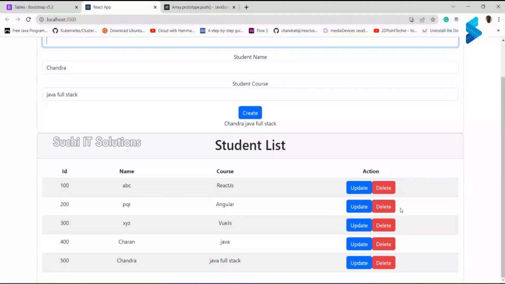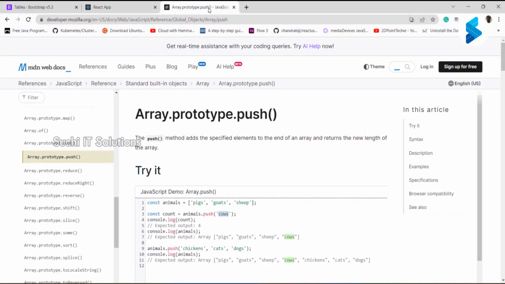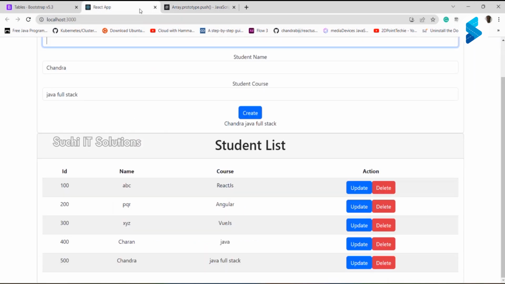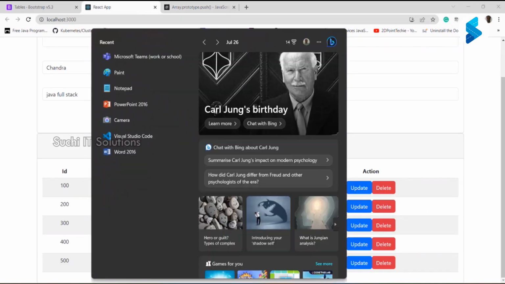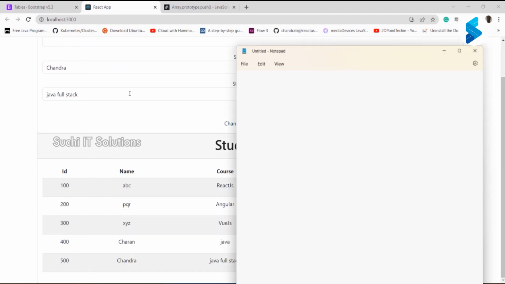Array level element I need to delete. That is the purpose you need to learn splice. Splice is one array method you need to learn. Before joining tomorrow's session, you need to learn